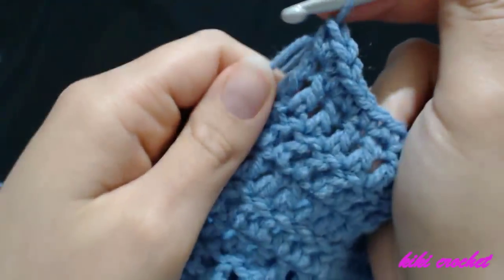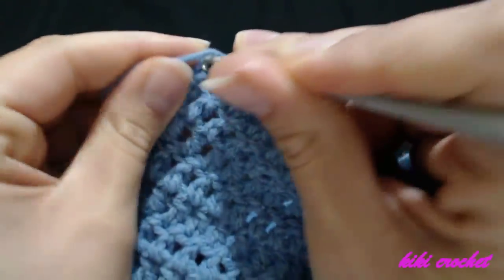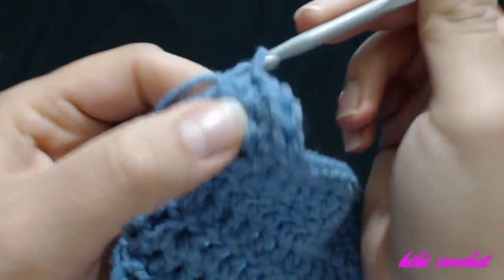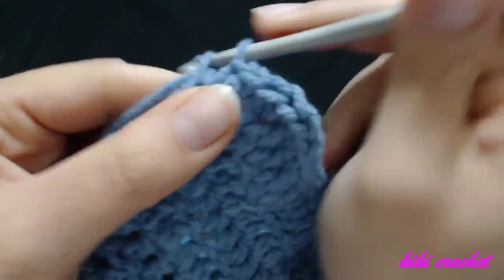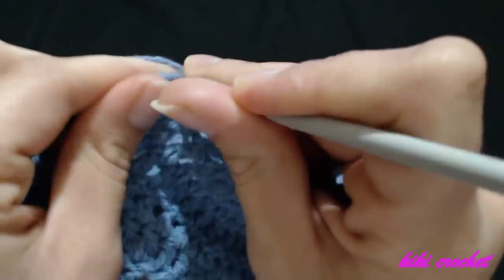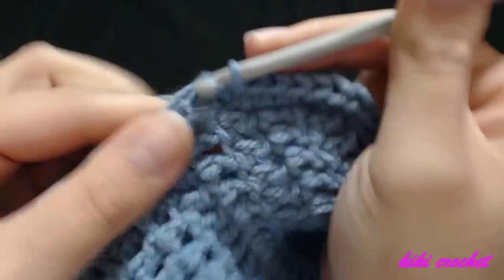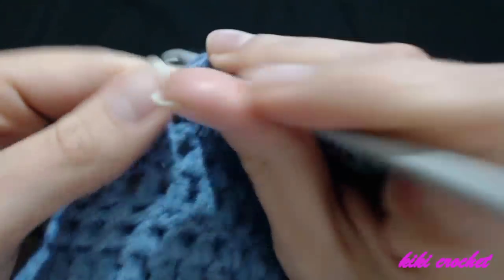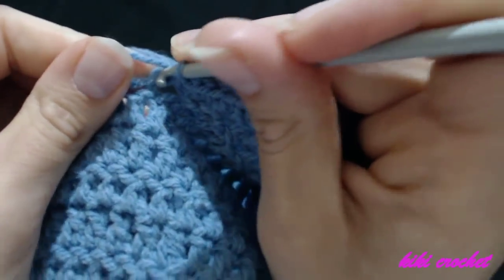So now we're going to be making again one stitch in the middle of the double crochet, one stitch in the end, one stitch in the middle of the stitch, one stitch in the end, one stitch in the middle of the stitch, one stitch in the end, one stitch in the middle of the stitch, one stitch in the end, one stitch in this middle stitch over here,